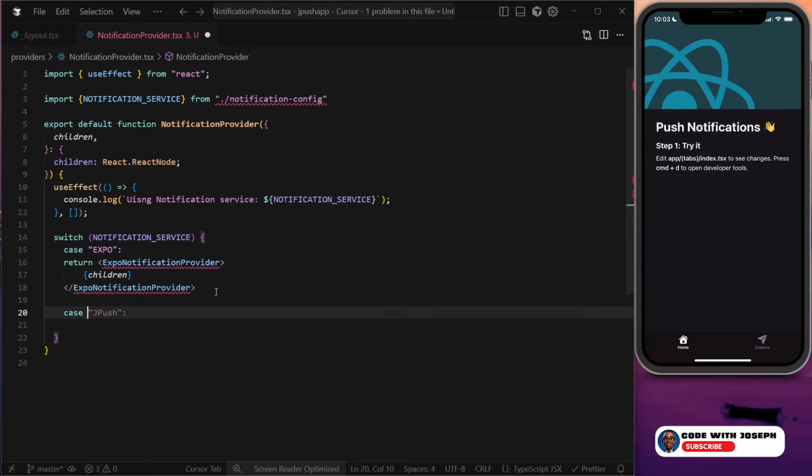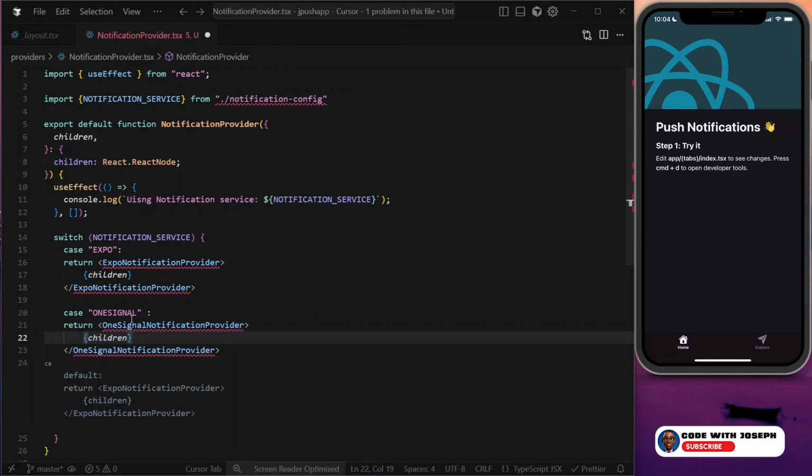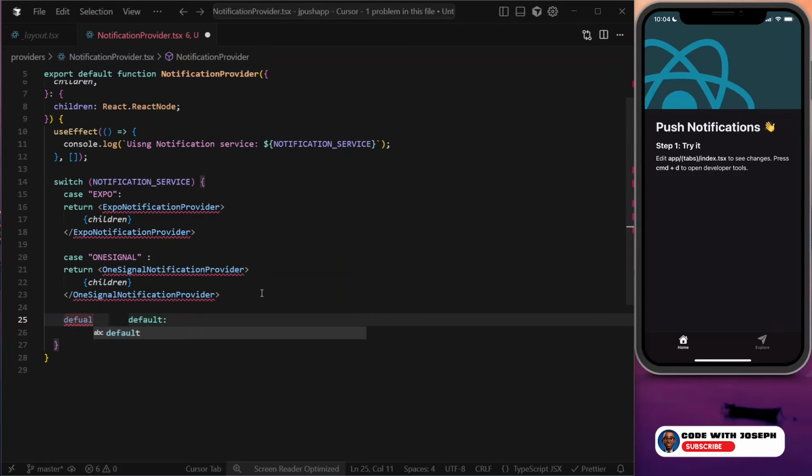And we're also going to say case, if it is OneSignal, right? If it is OneSignal, we are going to return the OneSignal notification provider. Same thing as what we have here, right? Then we are going to see the default is going to be what? And we are just going to say the default is going to be return,